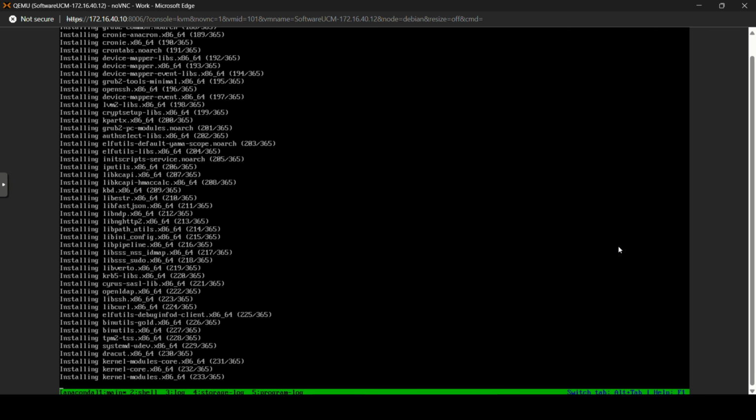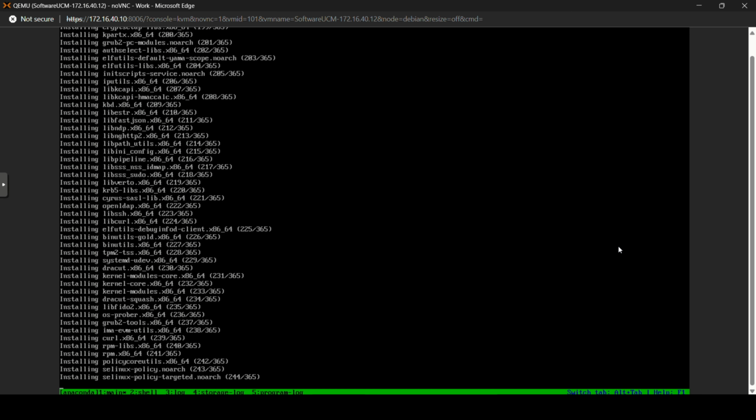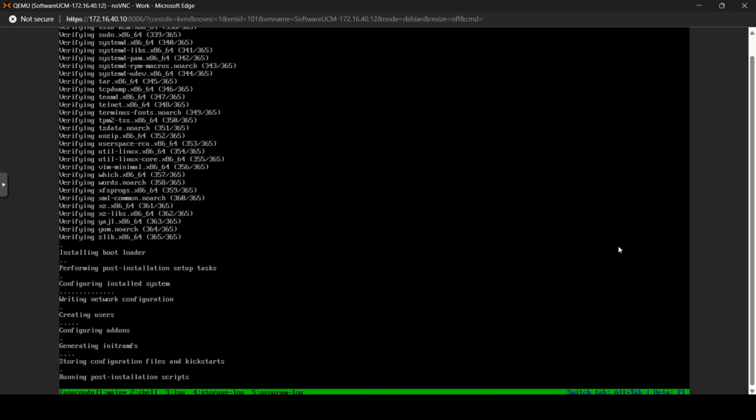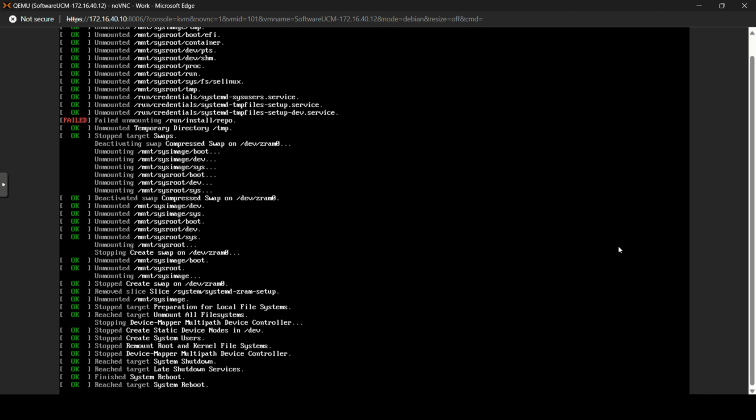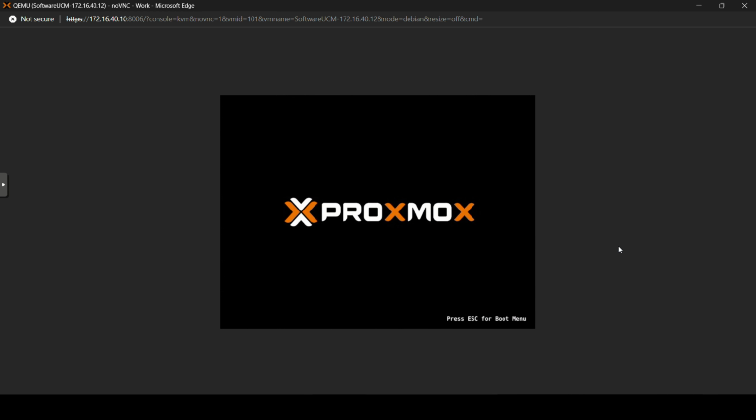Once we've accepted the license agreement, the installation will start automatically. You don't have to do anything manually or type any code for this. Just wait for the installation to finish. Once the SoftwareUCM installation is finished, it's going to send a reboot request. You will see that your virtual machine is going to reboot, and after that you will be presented with the